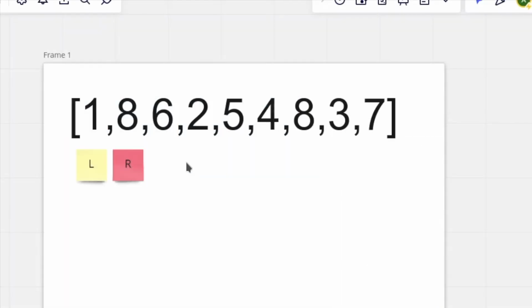Now for the brute force solution, we could place two pointers at the bars at index 0 and 1, calculate the area, and then we could move the right pointer forwards, calculate the area for 6 and 1, then for 2 and 1, 5 and 1, 4 and 1, 8 and 1, 3 and 1, and 7 and 1. Then